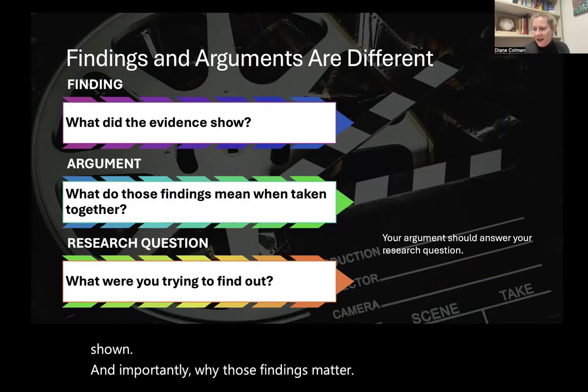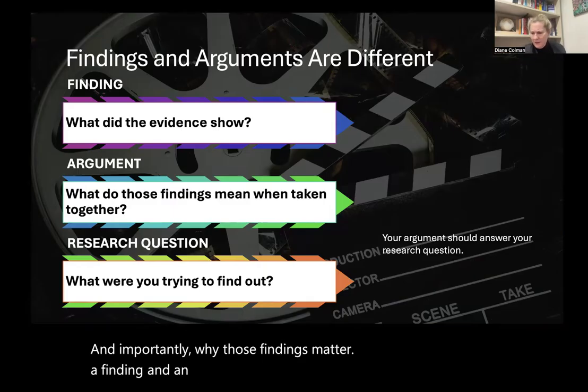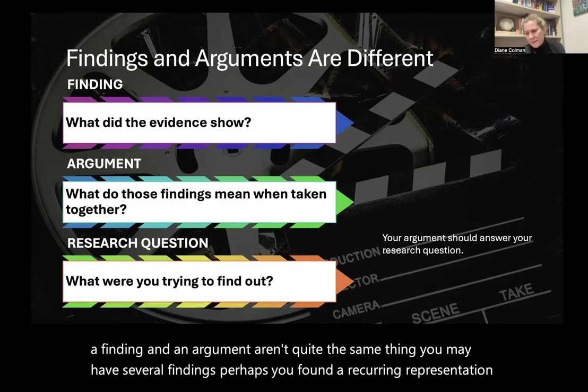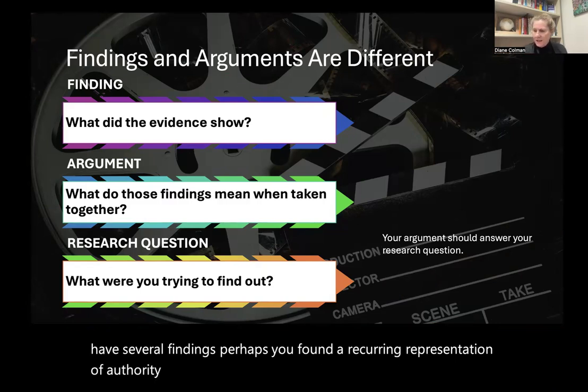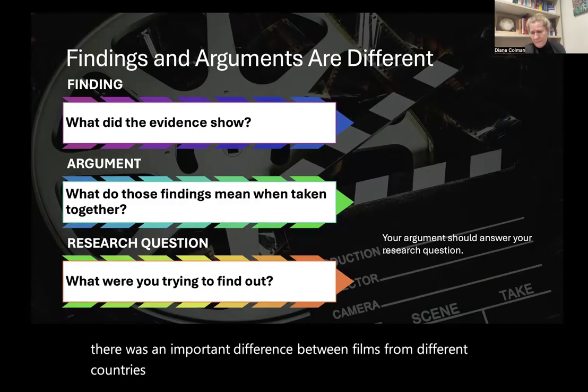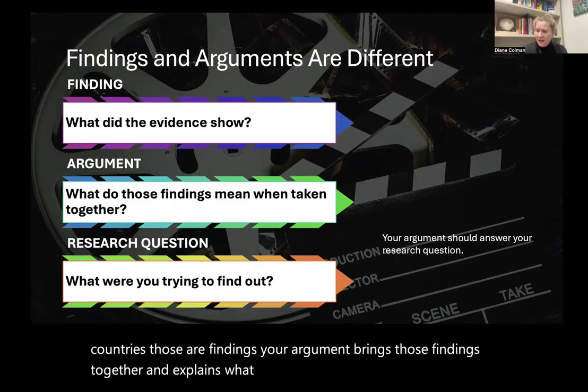A finding and an argument aren't quite the same thing. You may have several findings. Perhaps you found a recurring representation of authority. Perhaps particular values repeatedly appeared. Perhaps there was an important difference between films from different countries. Those are findings. Your argument brings those findings together and explains what they collectively tell us in response to your